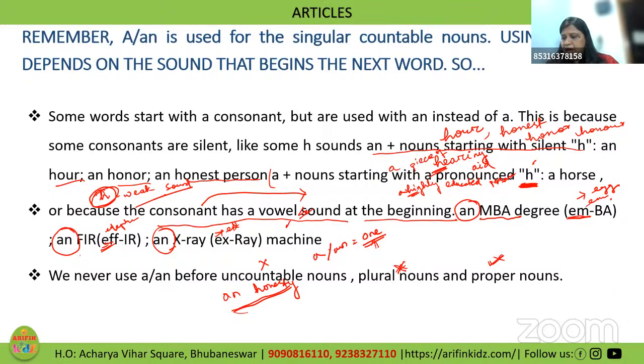Incorrect, yes, it is an honesty. Now, honesty is what? Noun or adjective? In the previous class, we studied this in the vocabulary. Very good. Shantanu has given me the answer: abstract noun. Yes. Honesty, punctuality, creativity. All these are abstract nouns, right?